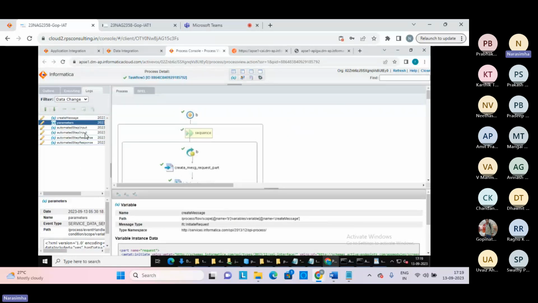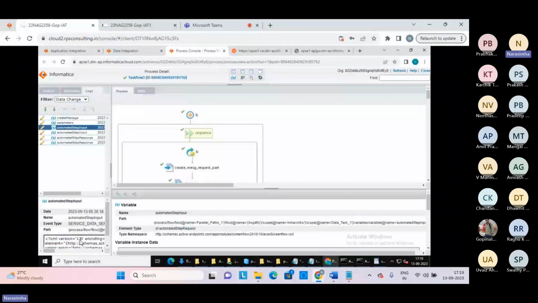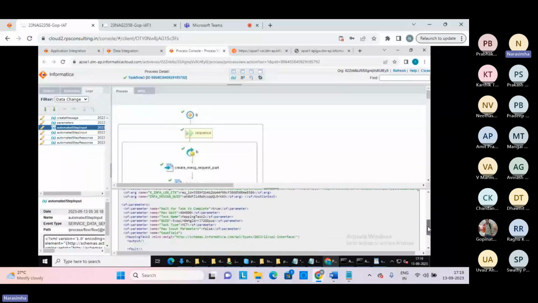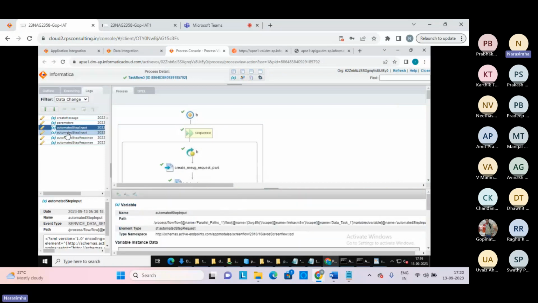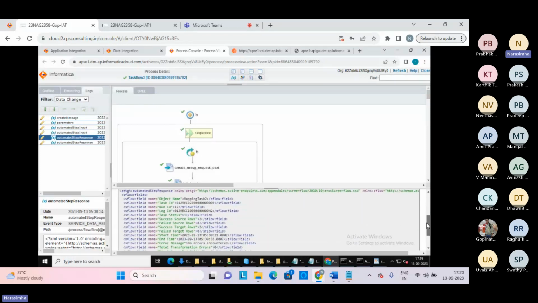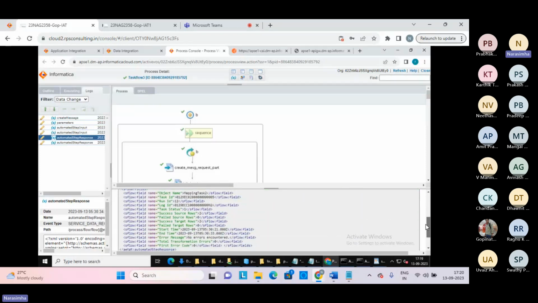You can select each and get the complete message as part of this, or you can also see over here. Like see here, mapping task to this false or whatever. Complete information you'll get over here: input, output, and response. Automated response over here. See here, these are the values like run ID. So every run,